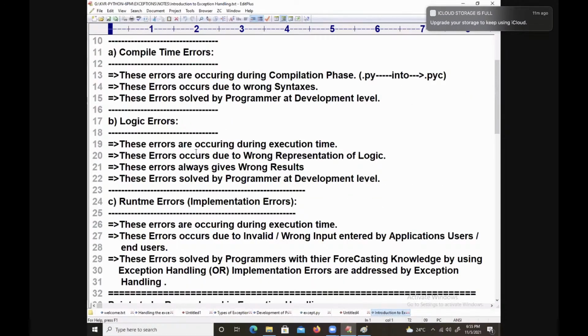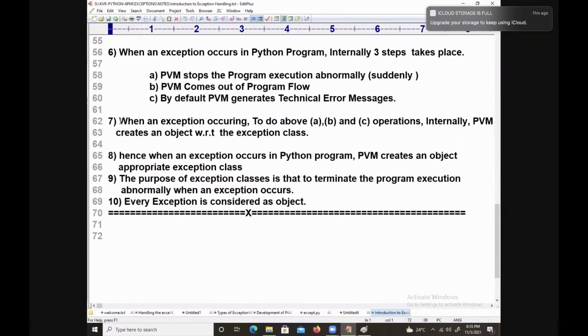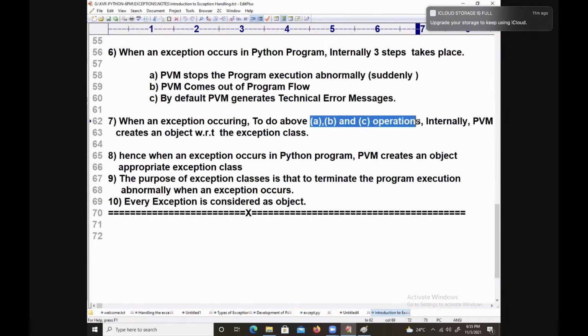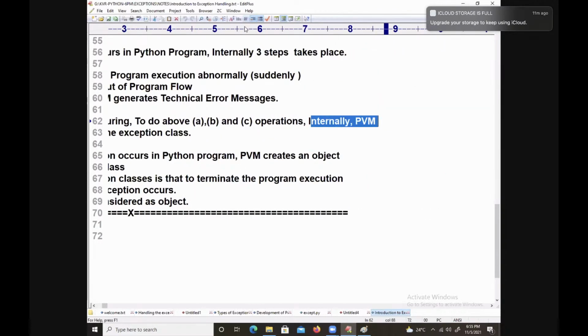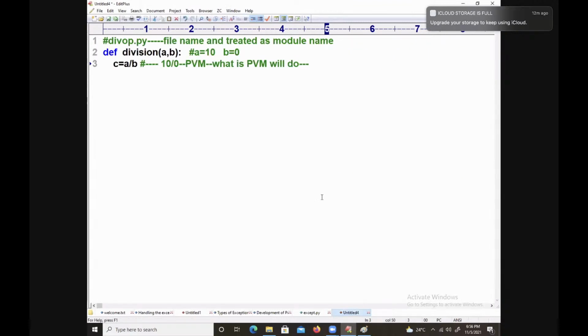See, the last points: when the exception is occurring, to do the above A, B, C steps, A, B, C operations, internally the PVM creates an object with respect to what? Exception class. So the PVM creates an object of the exception class. That point I told you already.